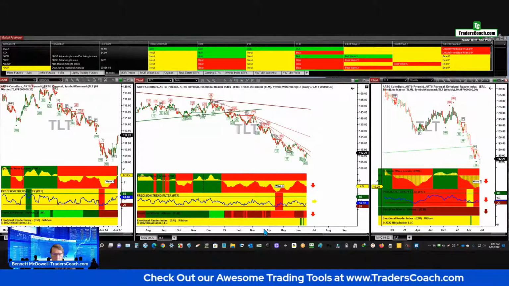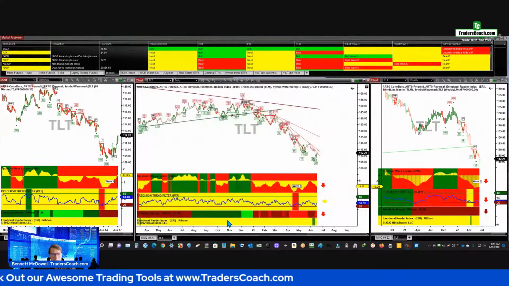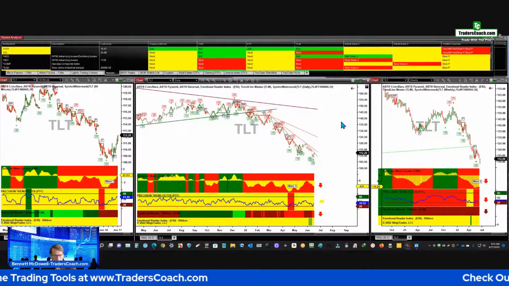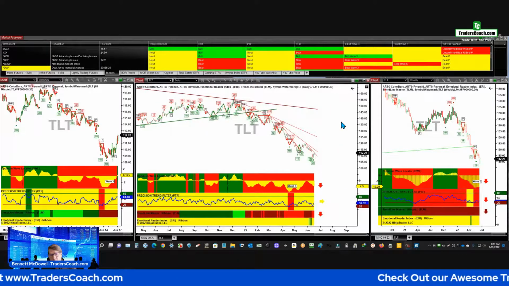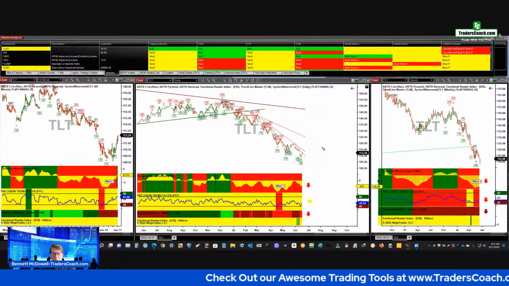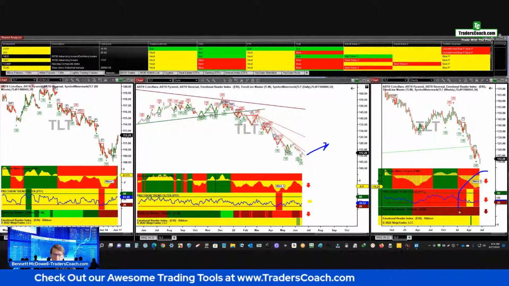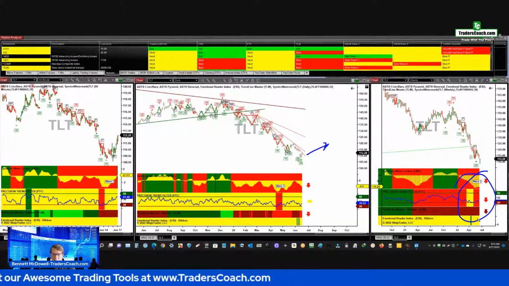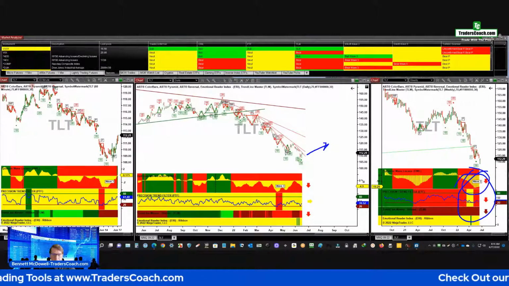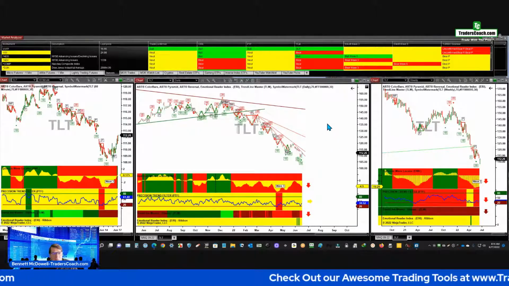Now, what I do like about the bond market is I love to get in at the beginning of a possible new trend. So when this thing turns around, then I think it's going to be quite good. But it's got a long time. I mean, look how bearish this is. So this is not over yet, and this is a major owl. So I can't see recommending bonds at this point.